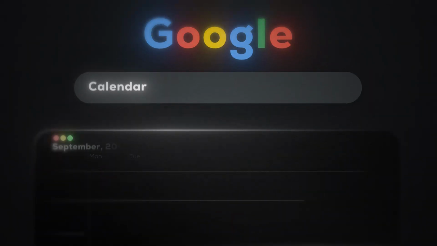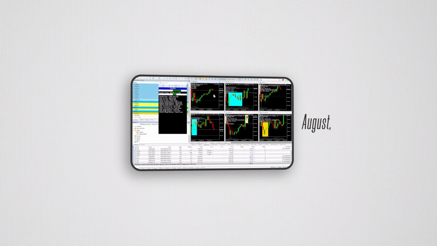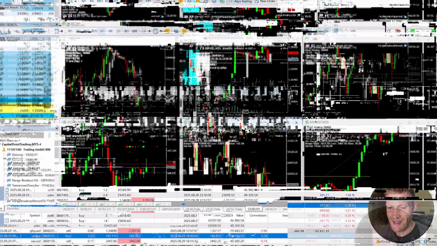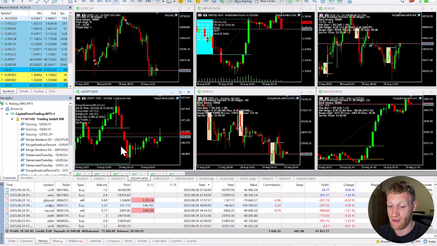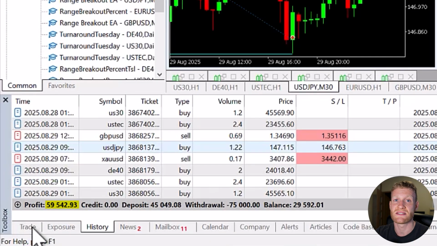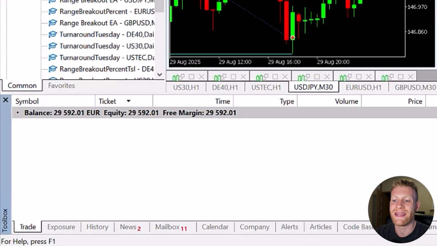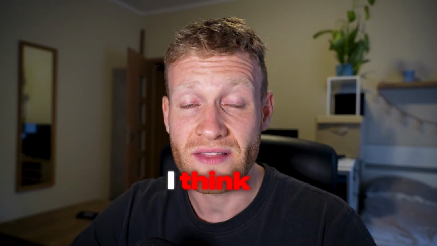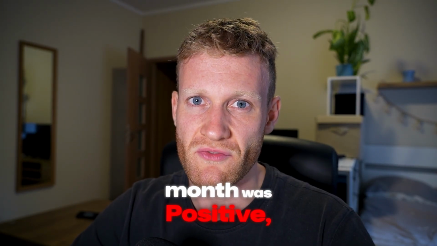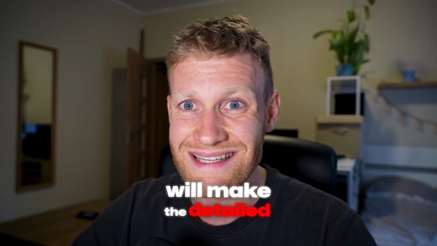It is beginning of September, so I will make the performance analysis for August 2025 for my live trading account. And as we can see here, currently the account is less than 60,000 euro in profit. It's 59,500 roughly, overall profit, and the current balance is 29,500. So I think the last month was positive, but in this video we will make the detailed analysis